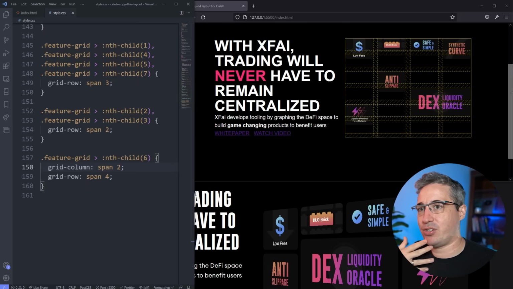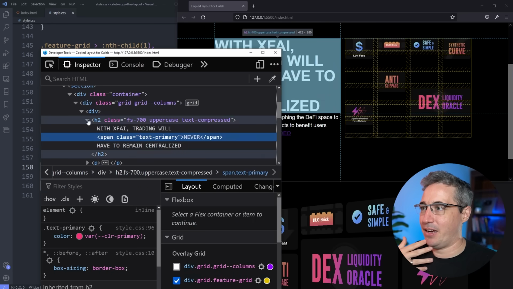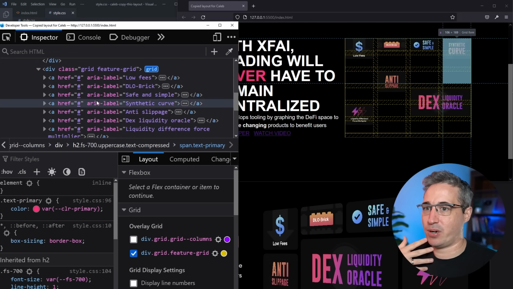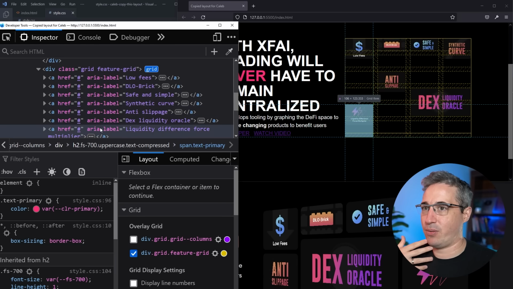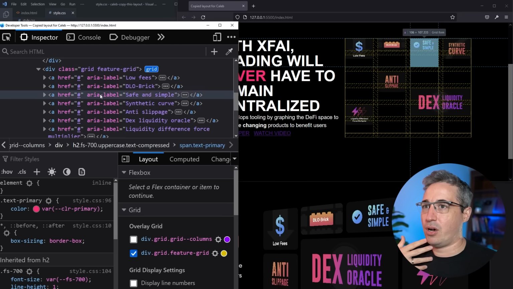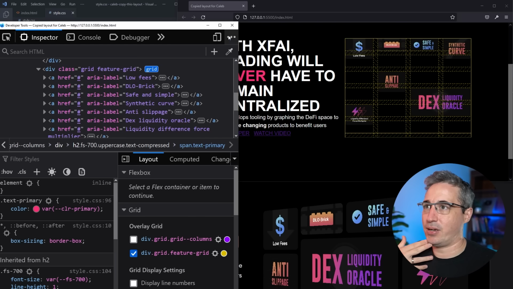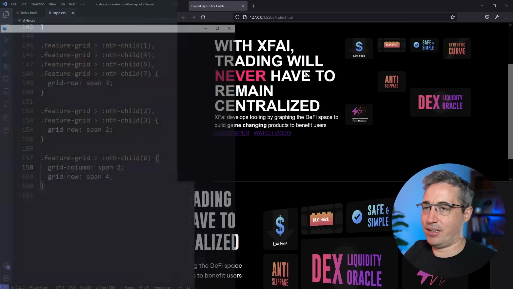Why is anti-slippage going there? I don't get why my anti-slippage is in the wrong spot. I just want to see the order of these to see if I muck things up. So we have 1, 2, 3, 4. That's good. Anti-slippage, Dex, and that one. Oh, okay. So this, okay. Because, yeah, okay. So what's happening is